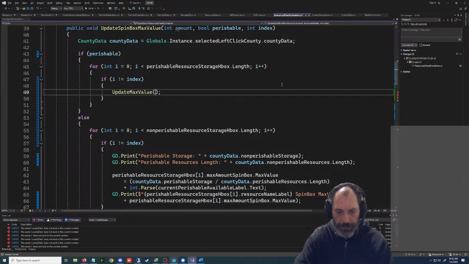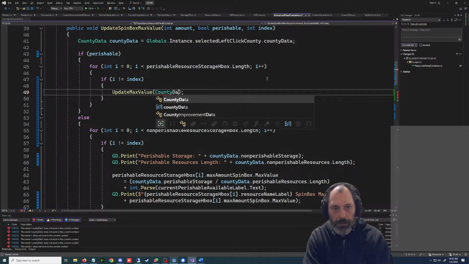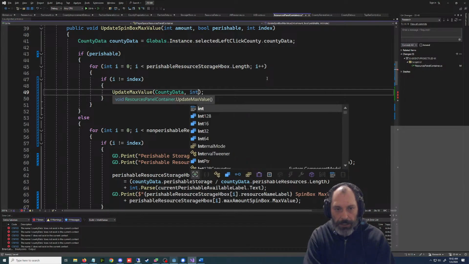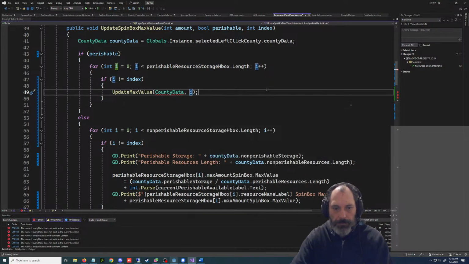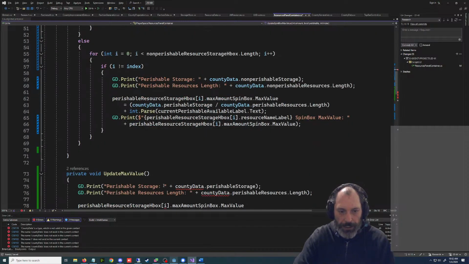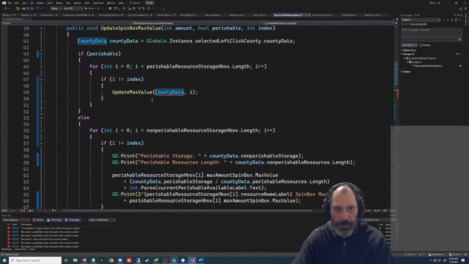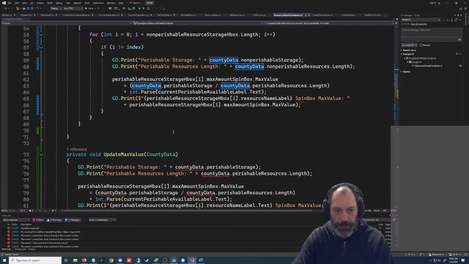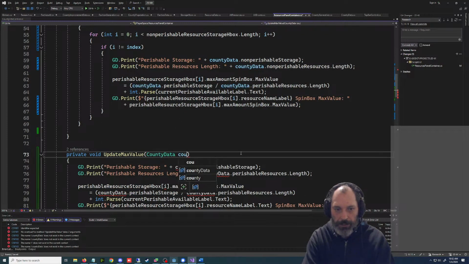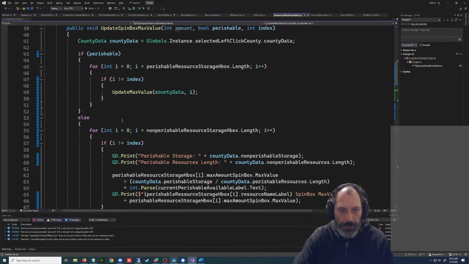We needed a county data and an I. And I could have generated this with that stuff in there. County data. Did I put that as a capital? We'll pass in that county data, and then we're going to do int I. And that should do that,